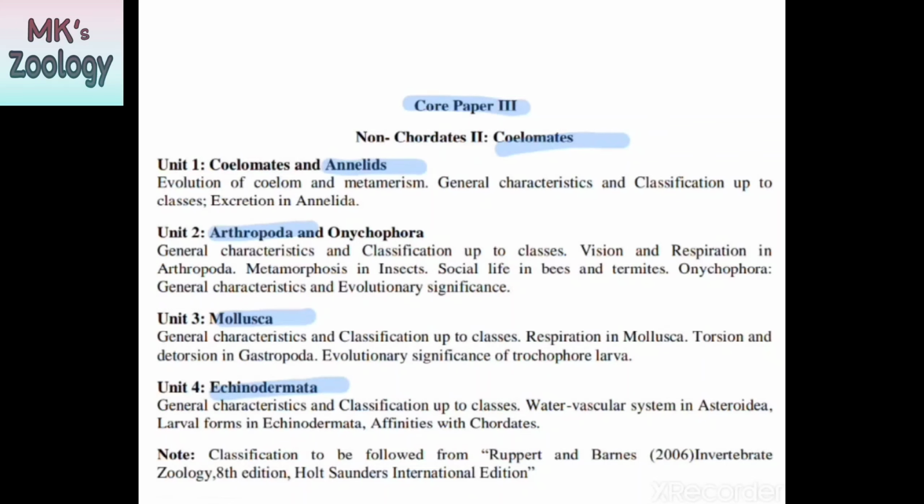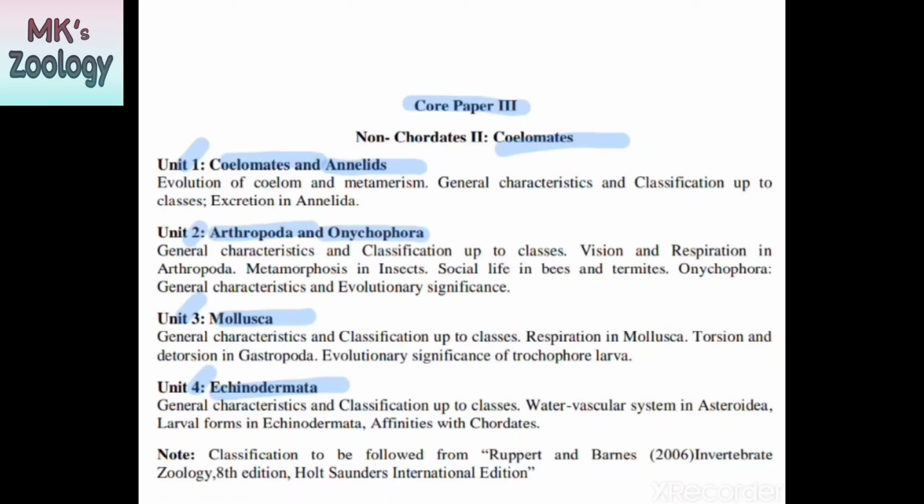The animals of these phylums are coelomates, that is coelom is present in their body. So now you know that higher non-chordates have 4 units: unit 1, unit 2, unit 3, unit 4. Unit 1 is coelomates and annelids, unit 2 is Arthropoda and Onychophora, unit 3 is Mollusca and unit 4 is